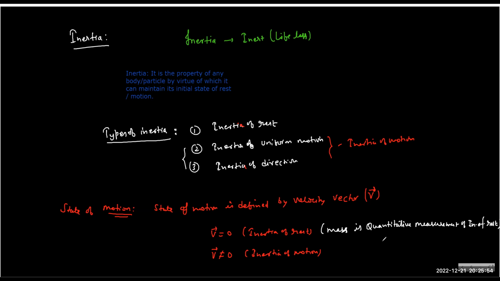Mass is a way to understand the inertia of rest, but the moment you set some object into motion, the inertial character of the moving object depends not only on mass, but also on velocity, isn't it? The inertia of a moving object depends on what? Let's say I throw something towards you at 1 meter per second, a small pebble and a big boulder, both at 1 meter per second. Which one is difficult to stop, the pebble or the boulder?